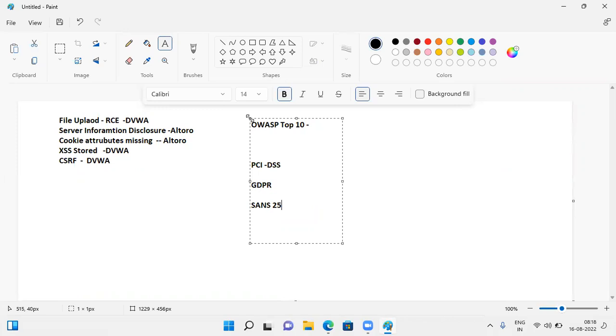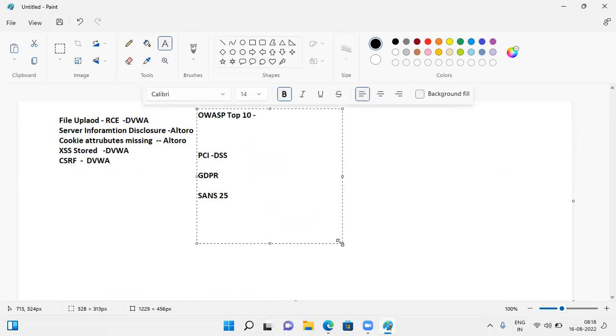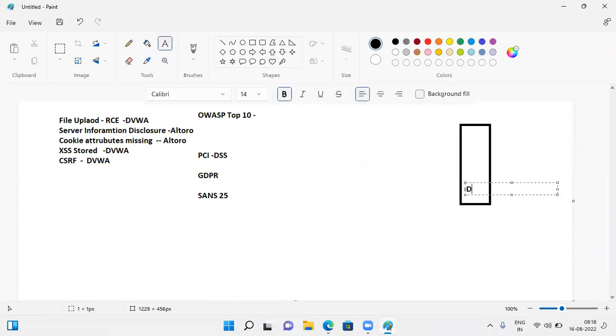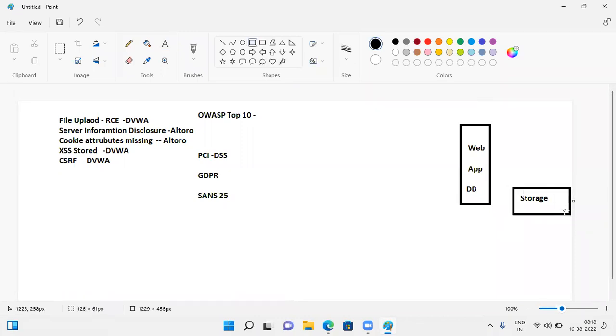Try to understand the concept. Even in the interviews, they will ask you the concepts. They don't ask you any kind of labs. You have your 3-tier architecture. Database server, app server, web server. And there is one more server for storage, maybe to store some kind of critical data. One more backend server is there. Along with that,